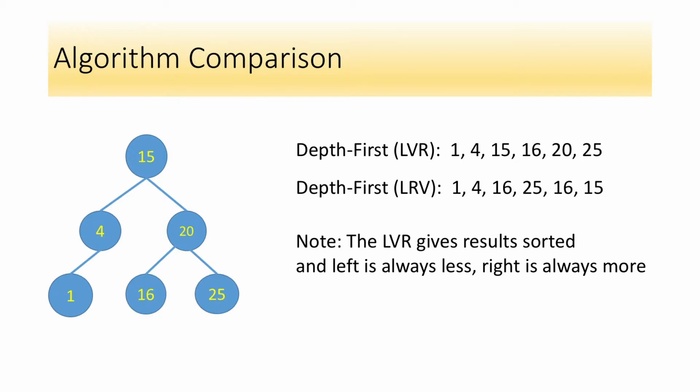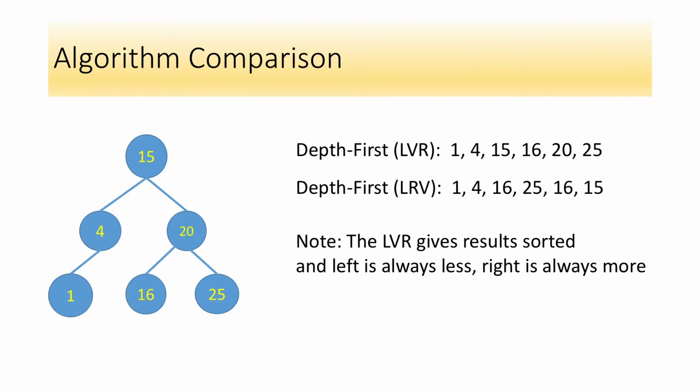But let's look at the depth first, LRV. LRV means I'm going to mark it visited last. So what should always be the last one? The root should always be the last node in the traversal. So, well, that works out because if you look at my LRV, you'll notice that 15 is in there. But if you look at it closer, you can also notice that I put 16 in twice. Well, one of those 16s is wrong. Can you tell which 16 is wrong? Okay, look at it. If you noted that the second 16 in the LRV was incorrect, it should be 20,